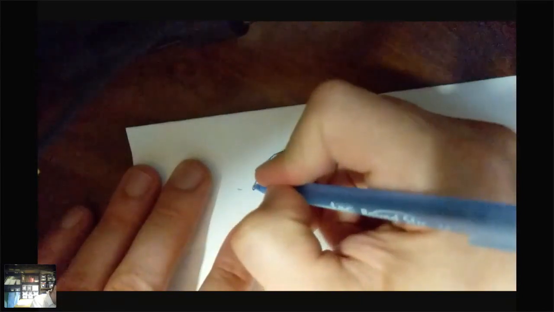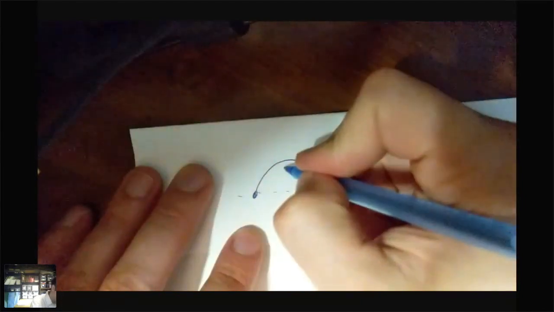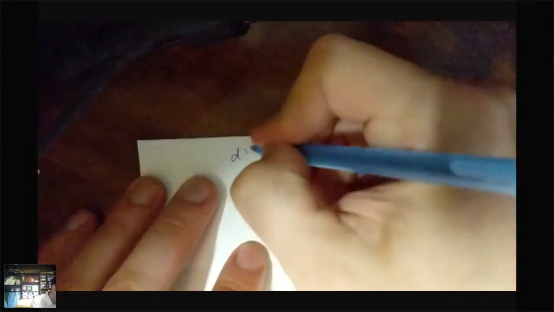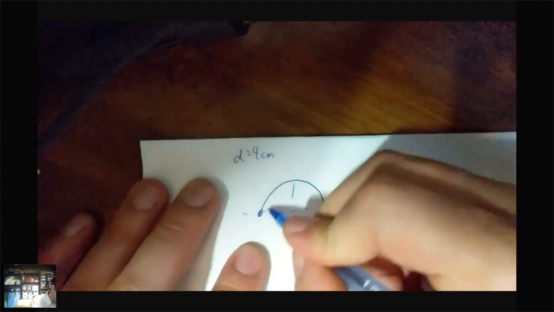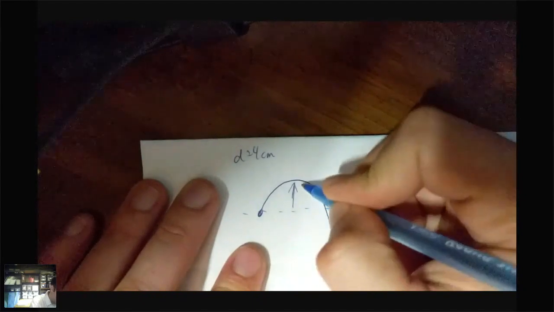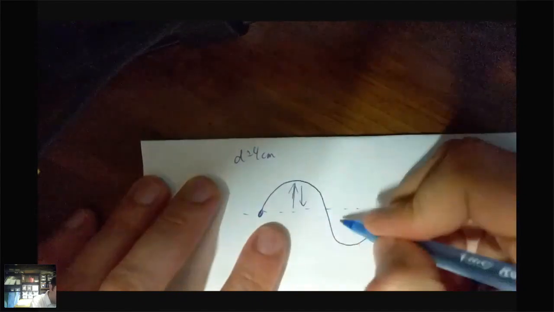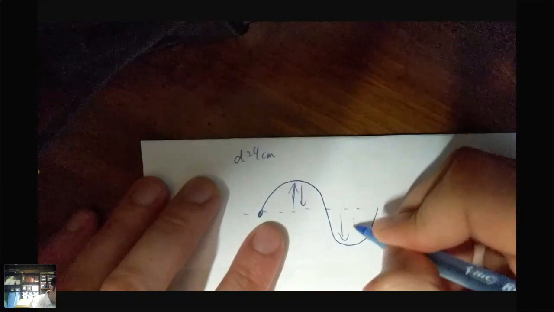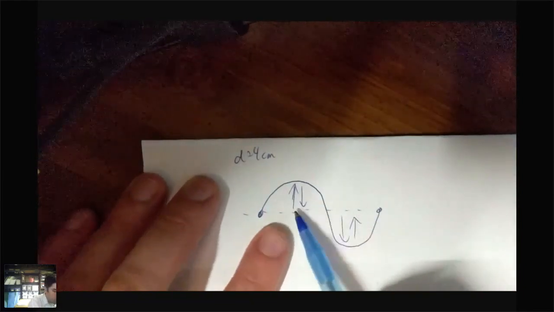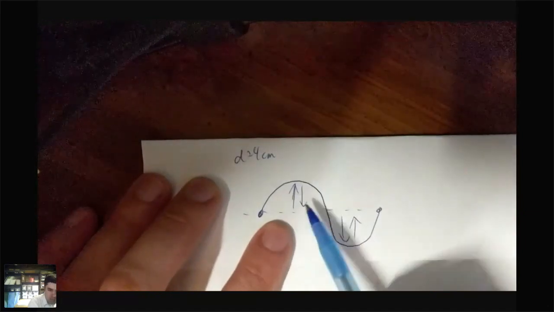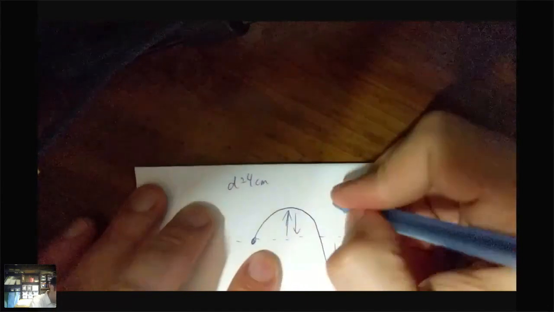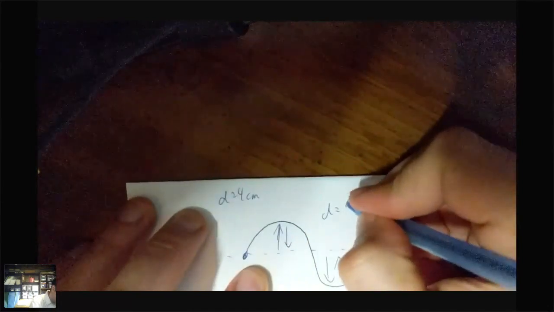So if one point on here goes a total of 4 centimeters, so d equals 4 centimeters here. Well, that point needs to go up, needs to come down. So there's two things that moved. Goes down again and comes back up to get back to a starting point. That is one complete cycle. We have moved this distance 4 times. 1, 2, 3, 4, which means the distance traveled must be